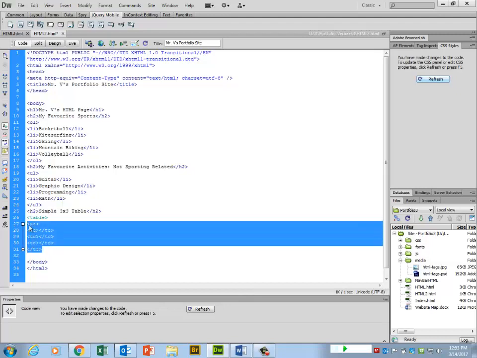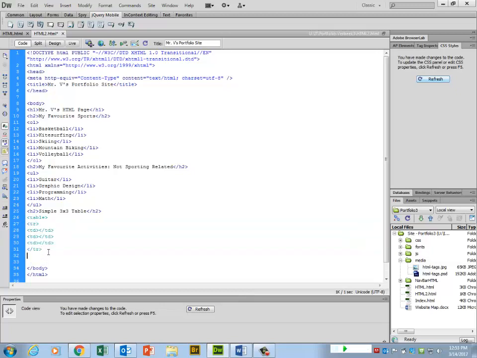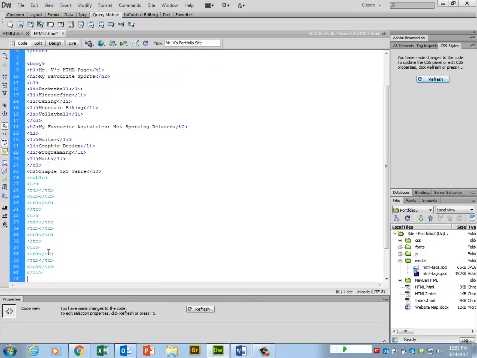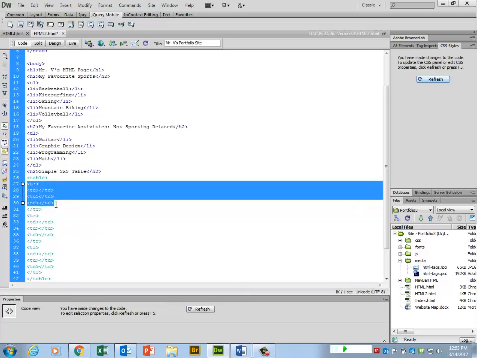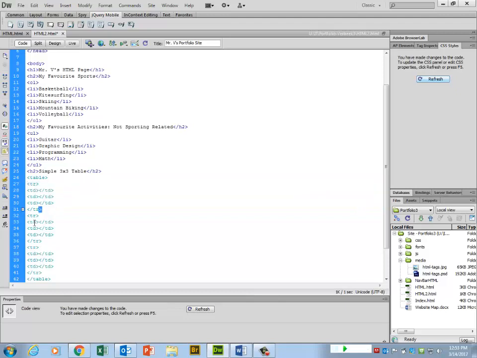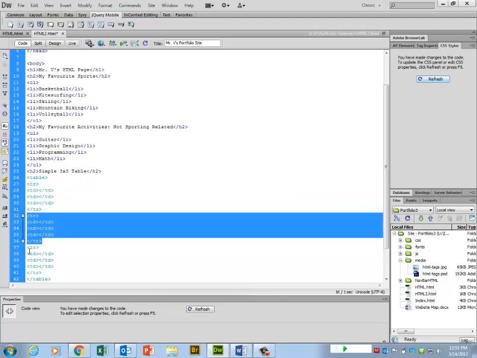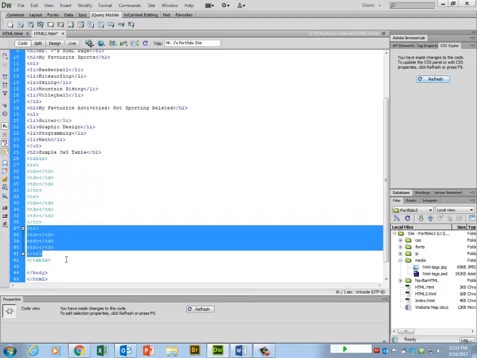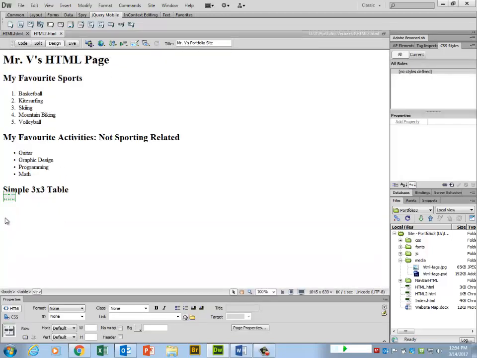Then I'm going to go Control C, enter, Control V, enter, Control V, enter, and then angle bracket slash, and it closes the table for me. So I've got one row with 3 cells in it, second row with 3 cells in it, third row with 3 cells in it, close the table. And I got a heading, Control S, and then I'm going to go to my design view, and you really